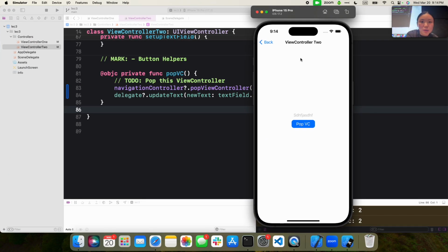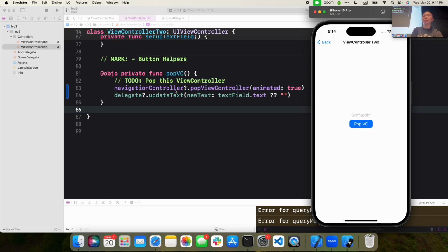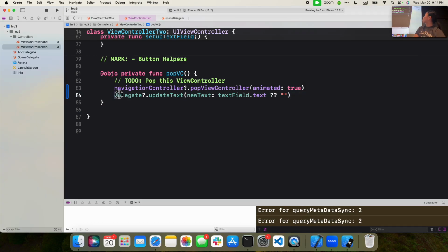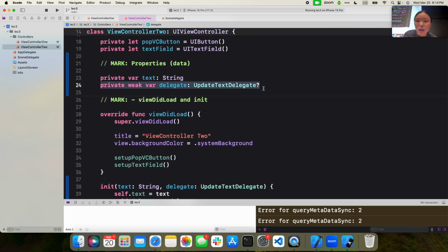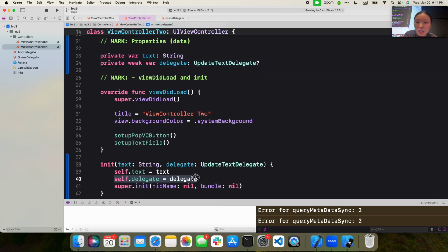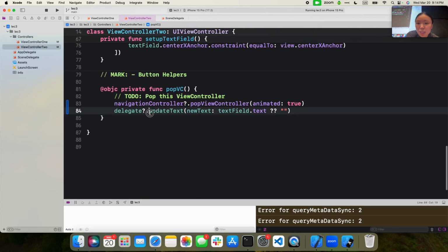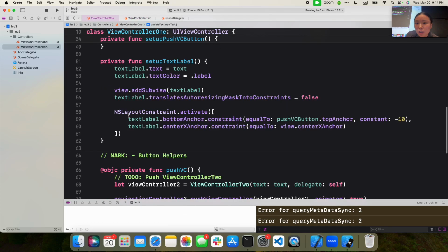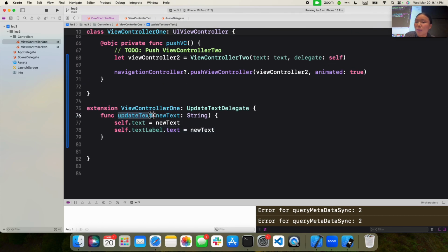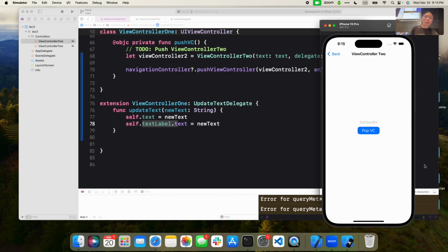So when you hit this pop VC button, we're calling this pop VC function, right? And in this function, we're using the delegate. Notice that if you jump to the definition of this delegate, it's defined here, and we set it in our init function. So this delegate refers to viewController1. Does that make sense? Because viewController1 is what we want to be making the updates. So when we call delegate.update text, we're essentially calling this function in viewController1. When we call this function, we set this text and we change the text label,